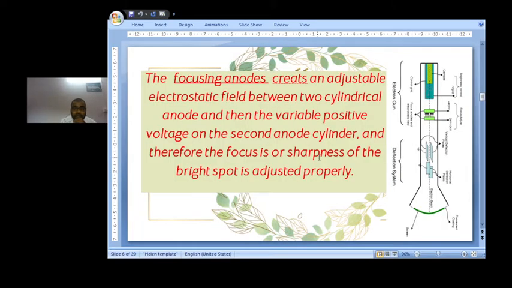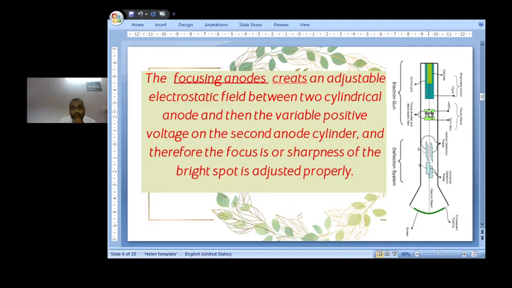Now the focusing anode. This creates an adjustable electrostatic field between two cylindrical anodes, and then the variable positive voltage on the second anode cylinder, and therefore the focus or sharpness of the bright spot is adjusted properly. So basically we can use these focusing anodes. So these are basically two cylinders,